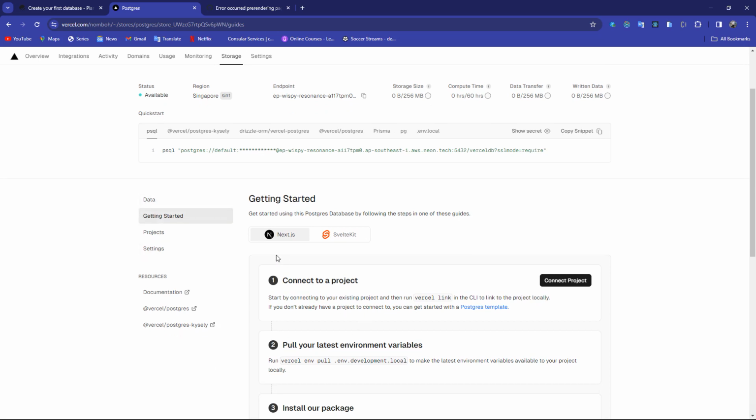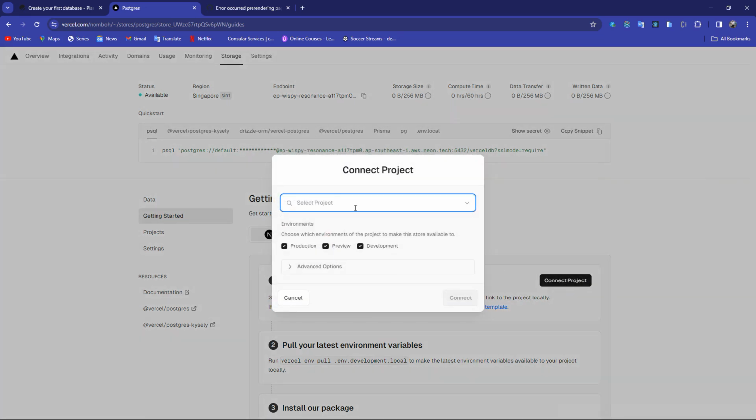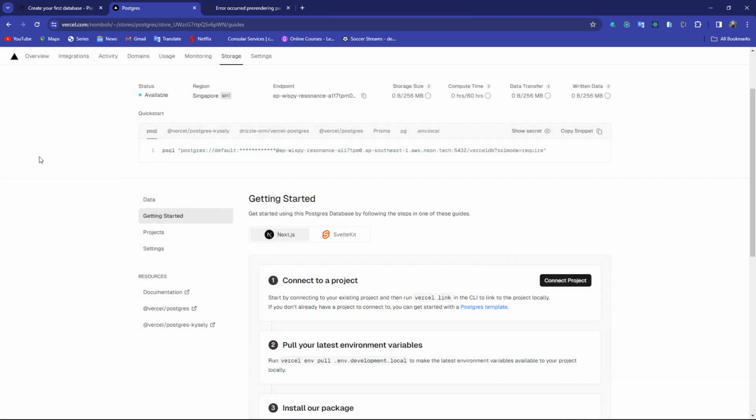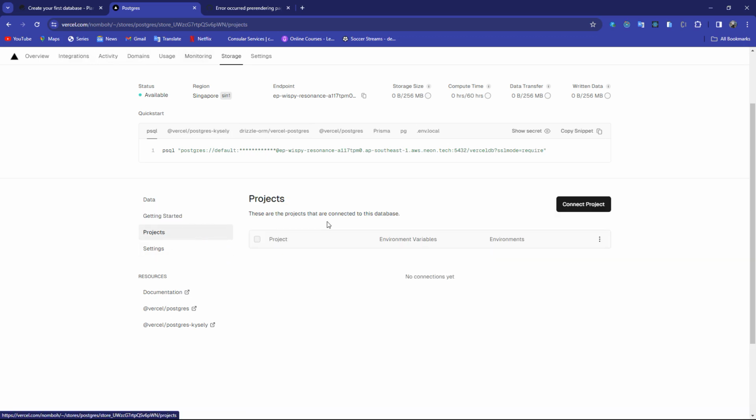We need to link this database, because here the first thing you need to do is connect to a project. Start by connecting your existing project and then run Vercel link in the CLI to link the project locally. So yes, they say you can link this project locally using the Vercel CLI tool. But here we're just going to copy the environment variables and paste it here. So let's connect the project here. We need to choose the project to connect here, and the project we're going to connect to is, let's see. Okay, we don't yet have the project here. So what I'm going to do is I'm just going to create a project which we are going to connect to now. But first, before we do that,